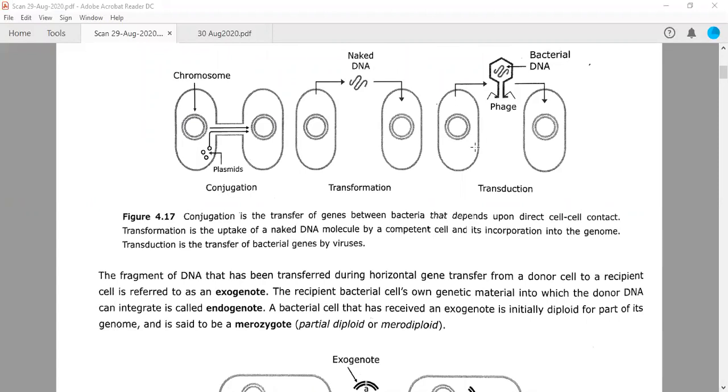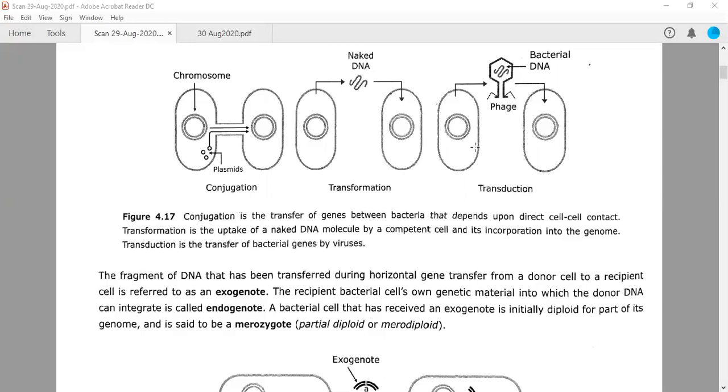Sir, actually I had heard somewhere that conjugation is considered sexual reproduction. Okay, right. In case of bacteria, you can say this is kind of sexual reproduction because the sex pilus is being formed between 2 cells, right? Yes. Okay. Sir, you just said that it is horizontal, not vertical, so can we consider it as vertical? No, actually, okay.